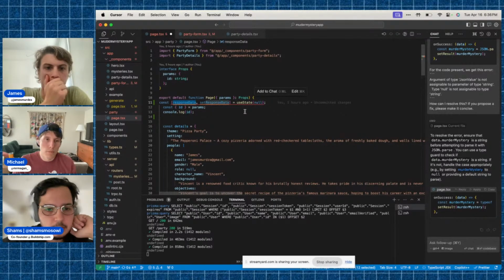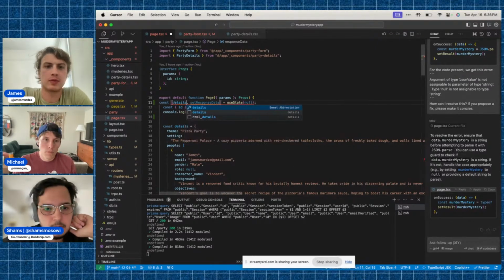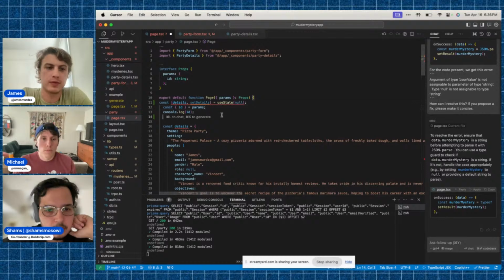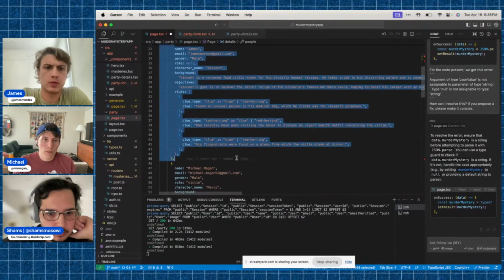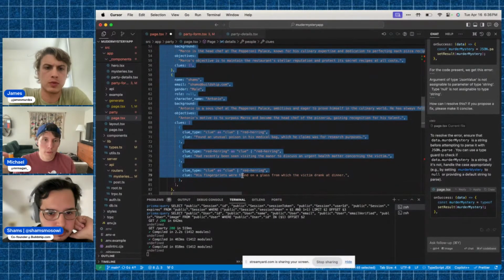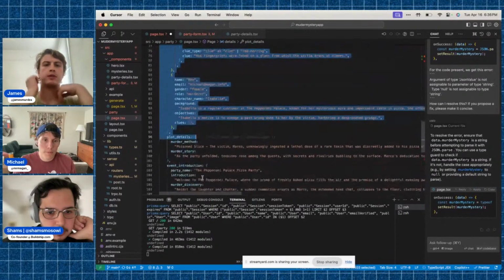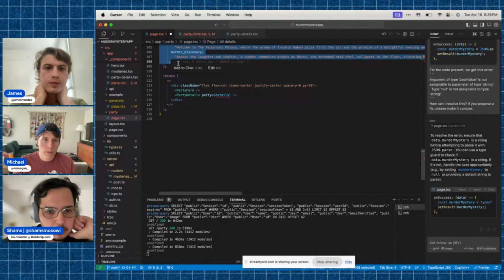That's the details state, right? And we want to comment out the hard-coded details. I can just delete it. We'll have it in Git so we can grab it later if I need it.